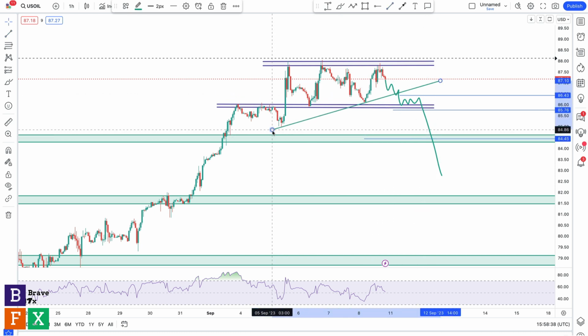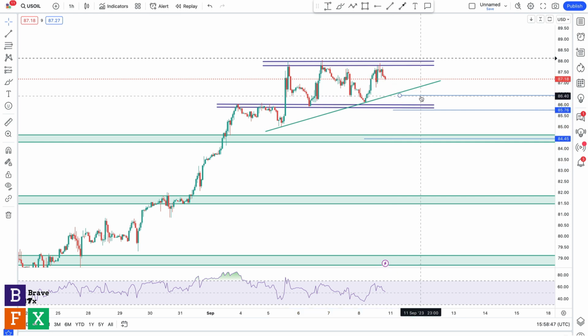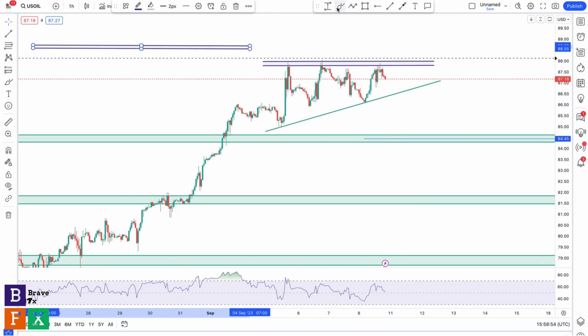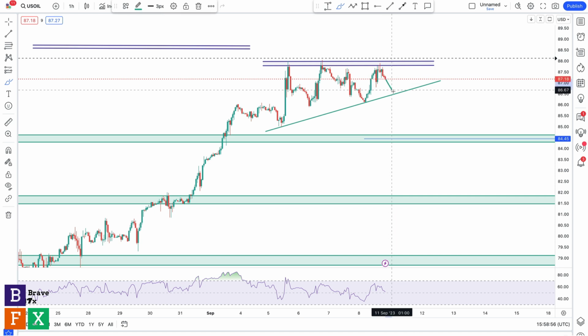You could also do this to see what happens. So this will give you some sort of an ascending triangle, right? So I'm going to get rid of this so you see what I'm talking about. If you take those lows and get rid of this support level, this gives you something like an ascending triangle, then you could watch out for something like this, an oscillation,